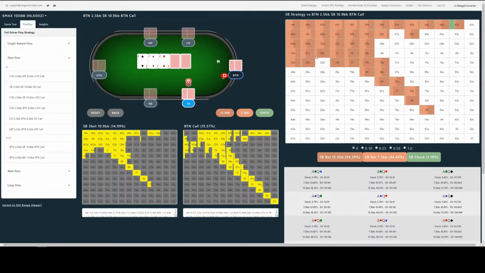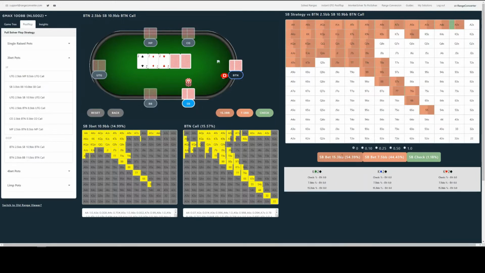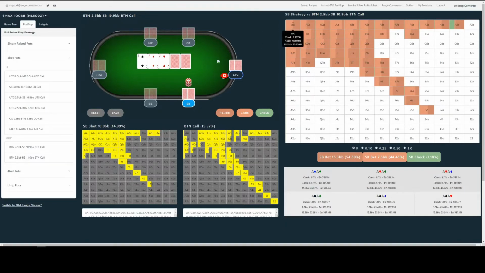And here's the strategy window, the main strategy window there, and this is the legend, the key breaking down the frequencies for that. And if we hover over a combo,